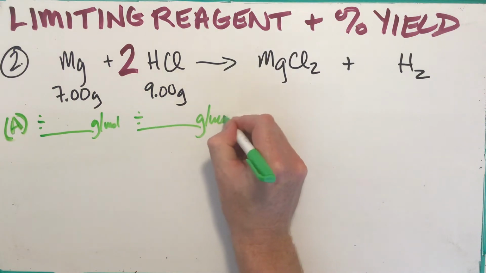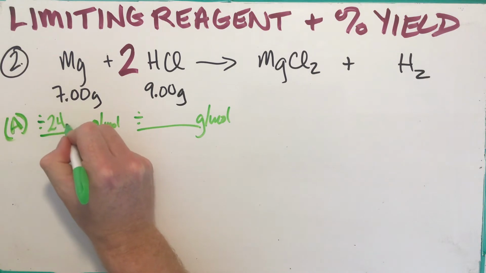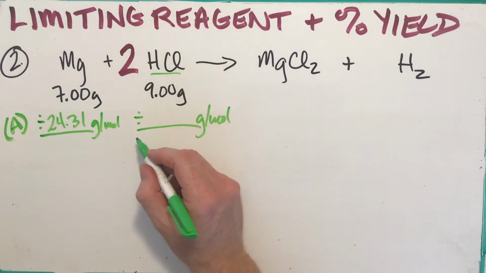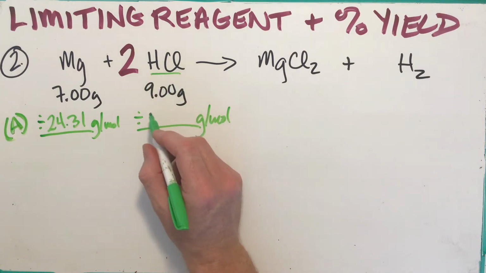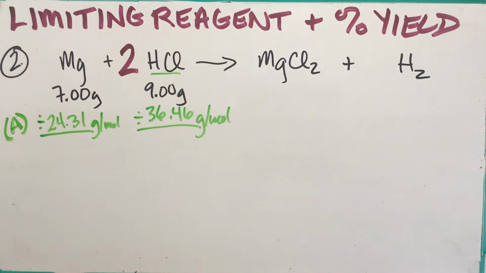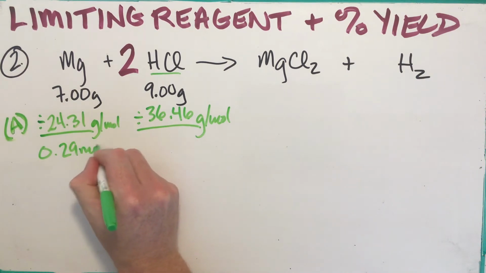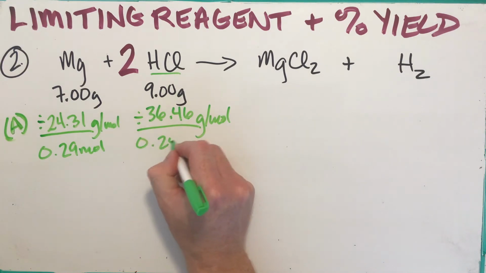All right, so I'm dividing each substance by the molar mass. That's where the periodic table comes in. Magnesium is 24.31, and then when I add an H and a Cl together, and again, it's not 2 H's, not 2 Cl's, just H and Cl, just the formula, I get 36.46. All right, divide those out. The Calculator-O-Matic will spit out the numbers for me, and I end up with